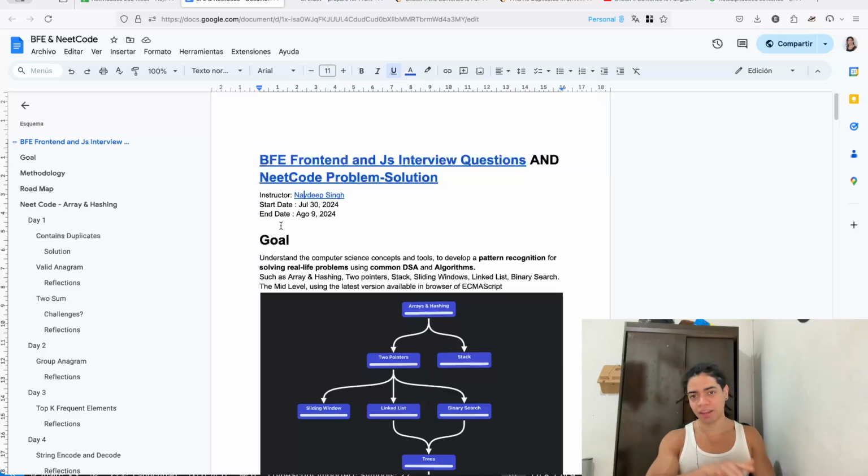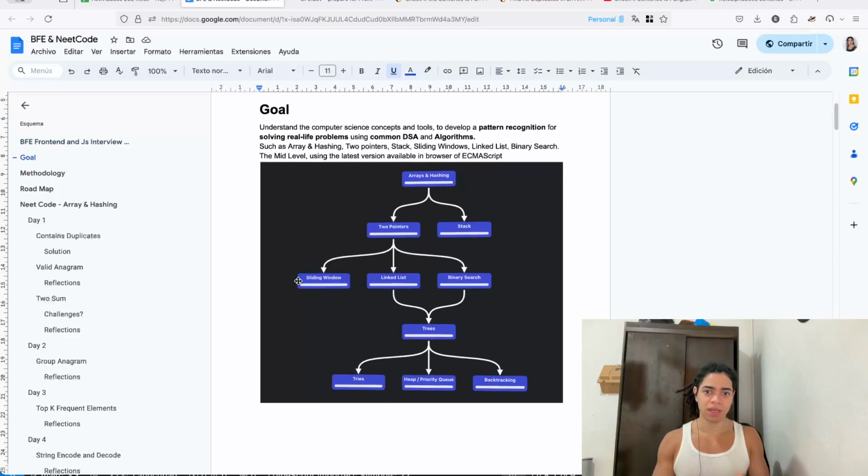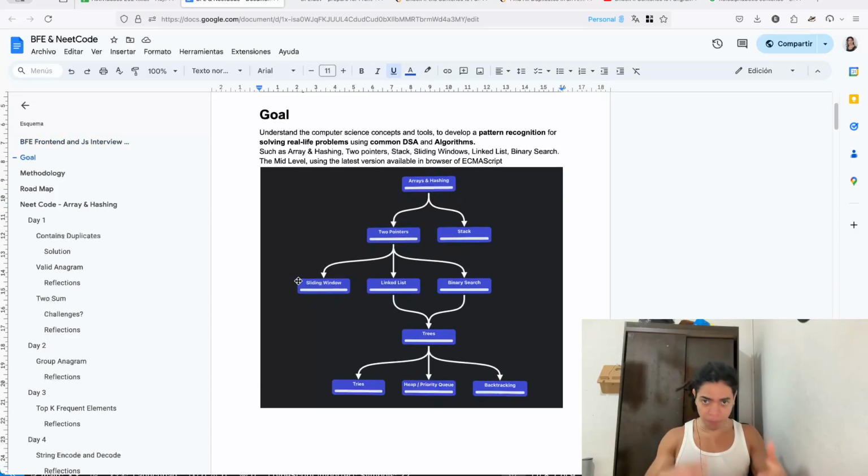But the TLDR of all of this is that by looking now at these particular tools, data